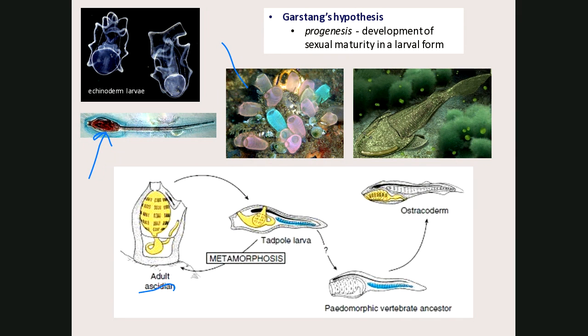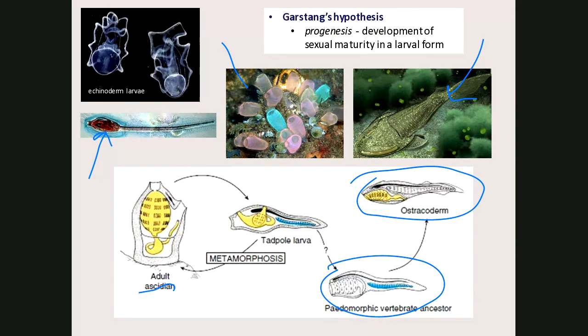This is some of the earliest fish. Is that an ostracoderm or a placoderm? I can't remember. This is an early fish. So the idea is, if paedogenesis and paedomorphosis and progenesis occurred, that some sort of a tadpole larva could have developed the ability to reproduce, right, become sexually mature while it still looked like the larval form. And that larval form just so happens to look fish-like. And in some of the ostracoderms, or if that's a placoderm, I think those are ostracoderms. Ostracoderms have gone extinct. They're no longer around, but these eventually evolved into the other fish, and then fish into the amphibians, and so forth.